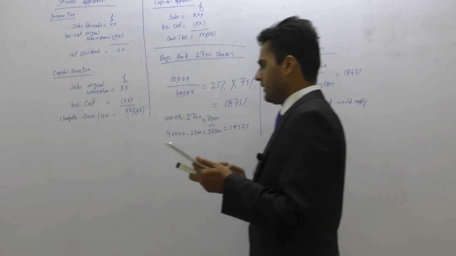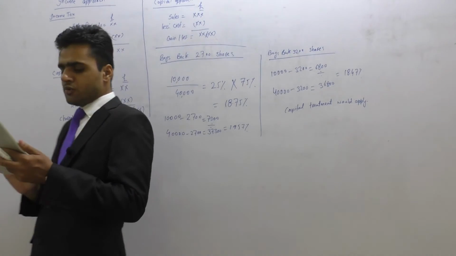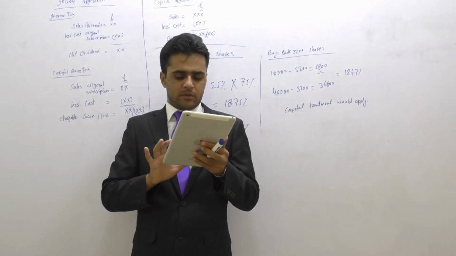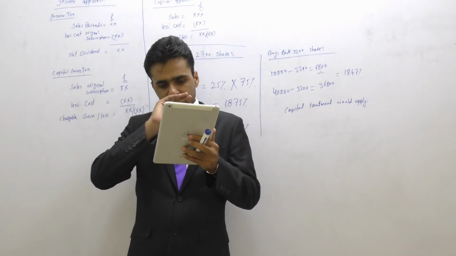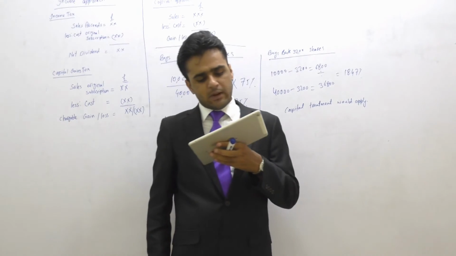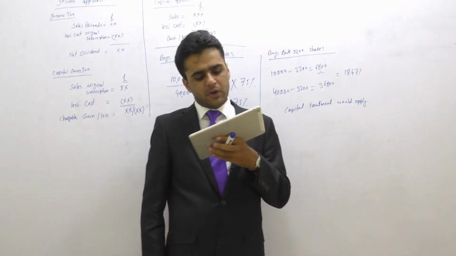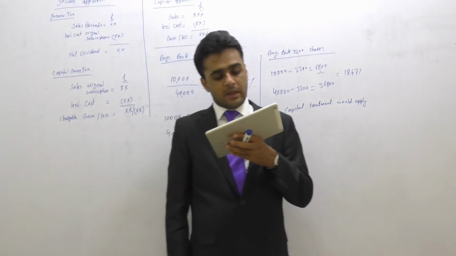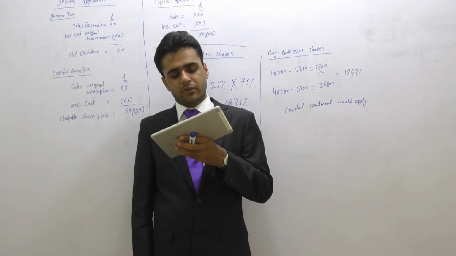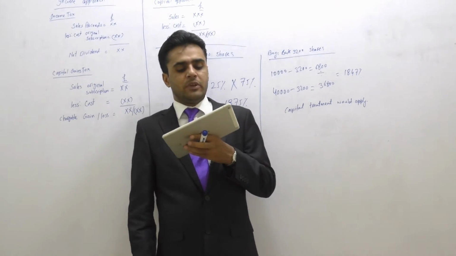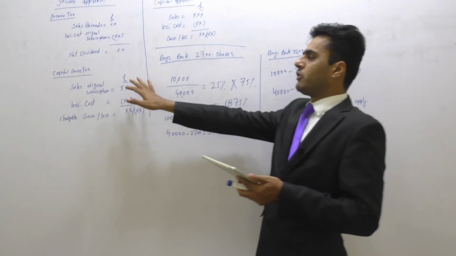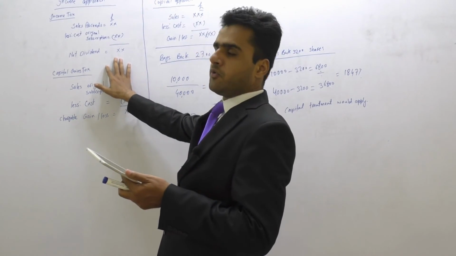Now that's part A done. Now come to part B of the same question, part A2 of the same question. It says calculate Maria's after tax proceeds per share if she sells 2,700 shares back to Granada Limited, and alternatively if she sells 3,200 shares back to Granada Limited. If she sells 2,700 shares, we know that the income approach will apply.